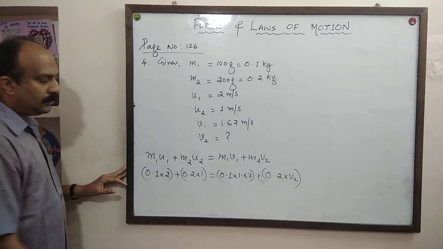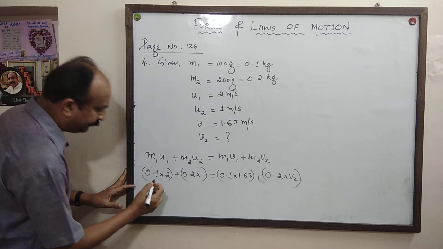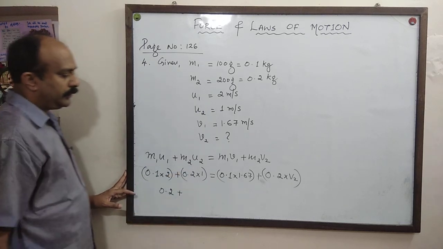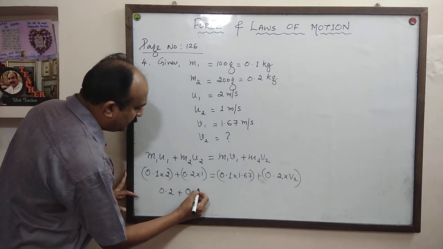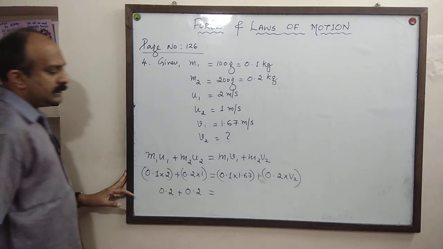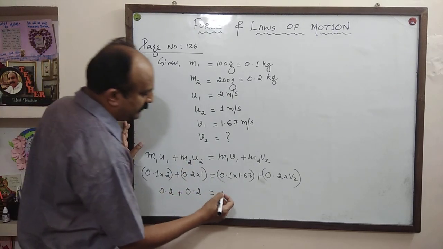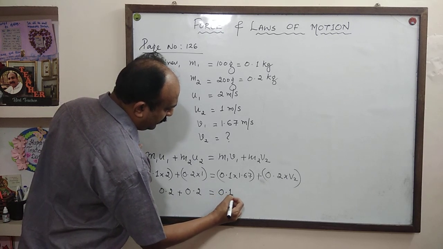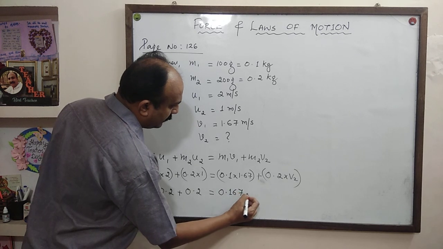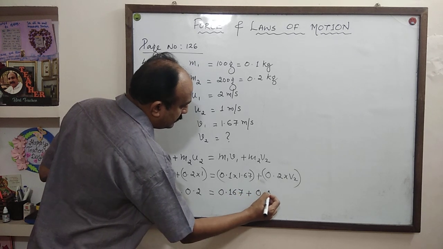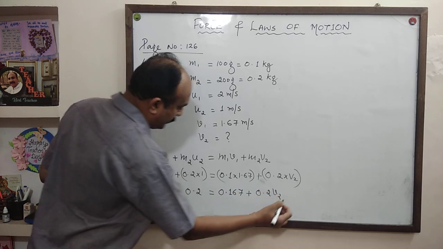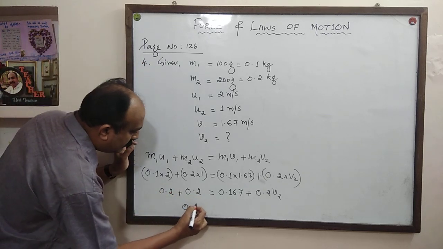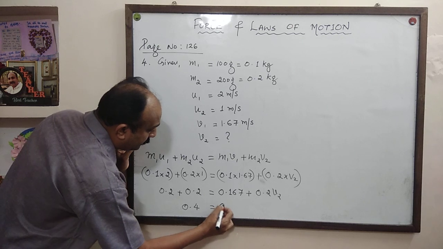Okay, 0.1 into 2, 0.2. 0.2 into 1, again 0.2. 0.1 into 1.67 is 0.167 plus 0.2V2. 0.2 plus 0.2, 0.4